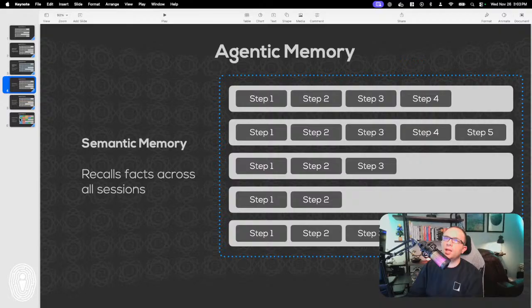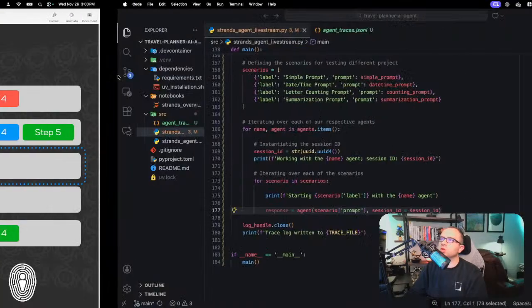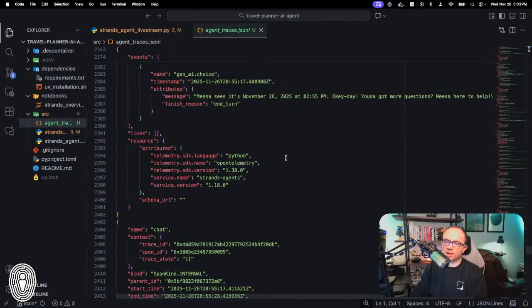And then with procedural memory, for example, the capture and the recall is going to look again a little bit different here. So how would I approach procedural memory? I would definitely want to make use of the trace stack here. So for these traces here,